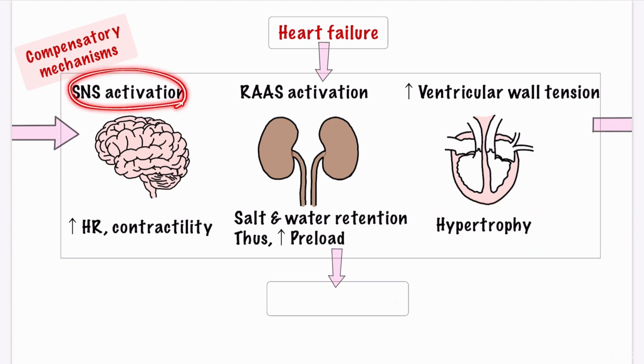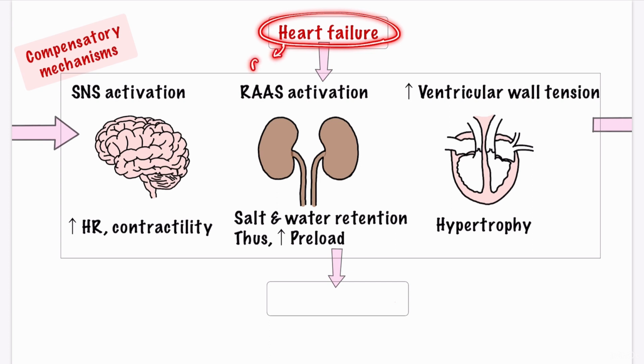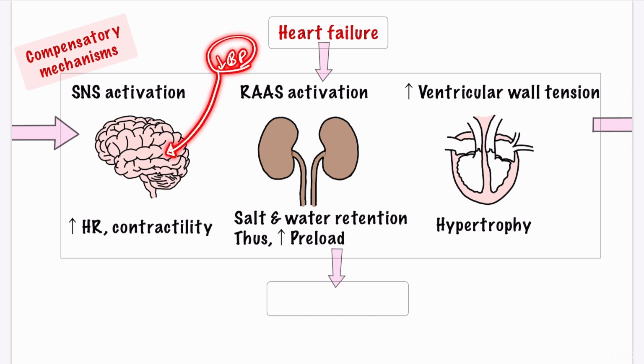First, let's see how the sympathetic nervous system is activated. Because of heart failure, there is a fall in blood pressure. The baroreceptors located in the aorta and carotid arteries detect this fall in blood pressure and signal the brain, and thus activate the sympathetic nervous system. The increased activity in the sympathetic nervous system increases the heart rate and the contractility of the heart. It also causes constriction of the vessels via the alpha-1 receptor in order to maintain blood pressure when the cardiac